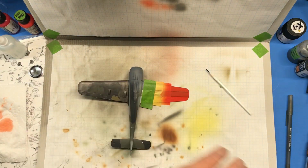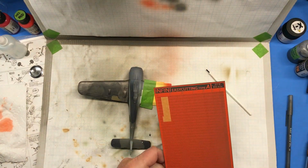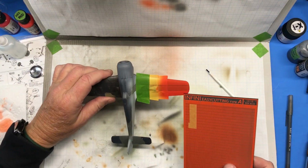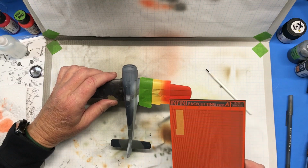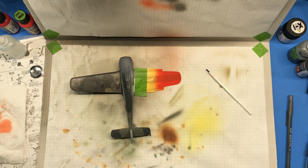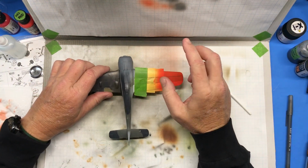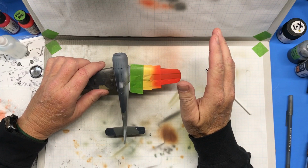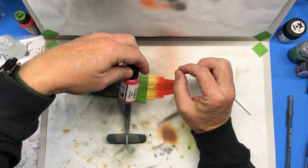So as you can see, this is very, very orange. I mean seriously orange. Anybody that has one of these Infinity easy cutting type 8 mats, you can see this is a little yellower, a little lighter, but that is definitely an orange. So regardless of what happens here, I will not be using that color to do my Insignia red on the aircraft I'm working on. But I'm gonna let it dry really well and then come back and do the Mission Models